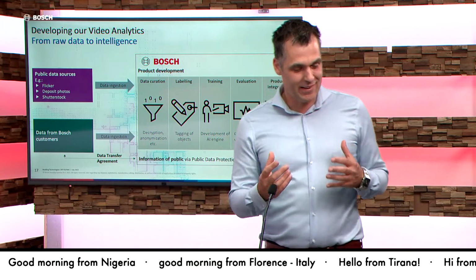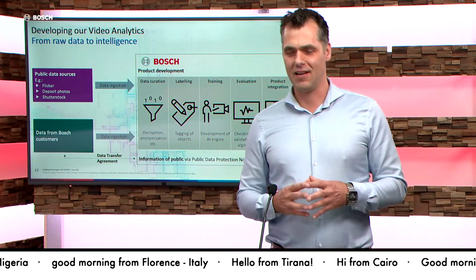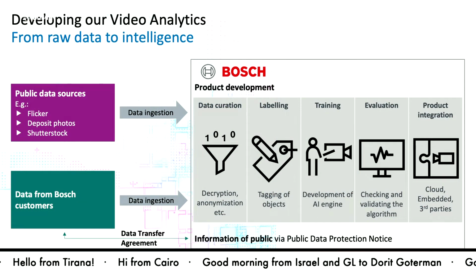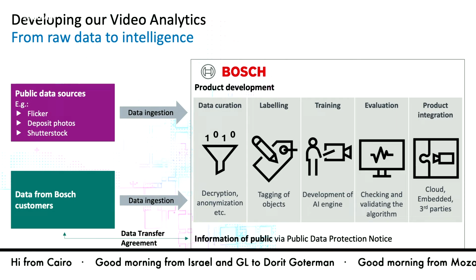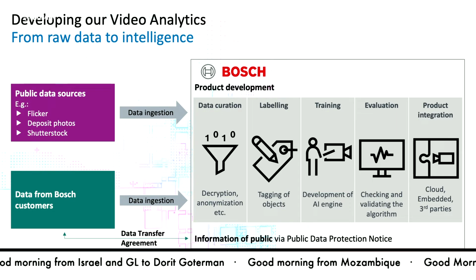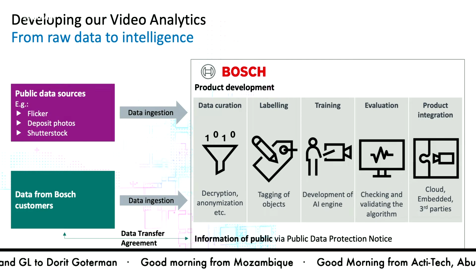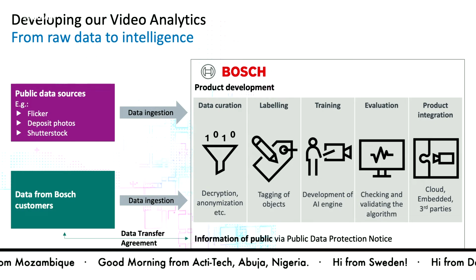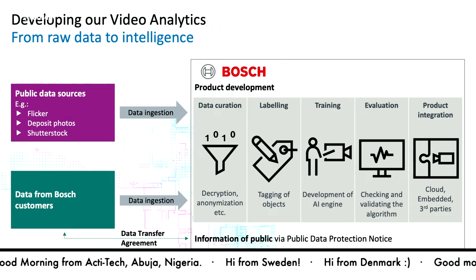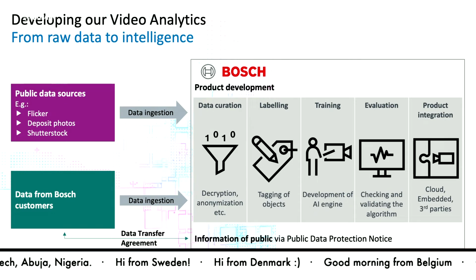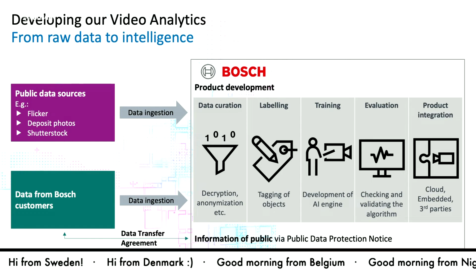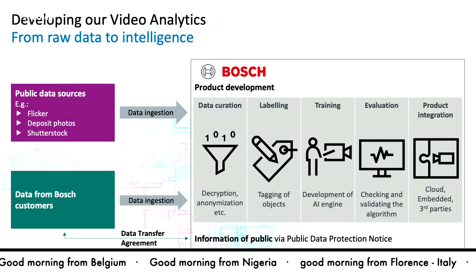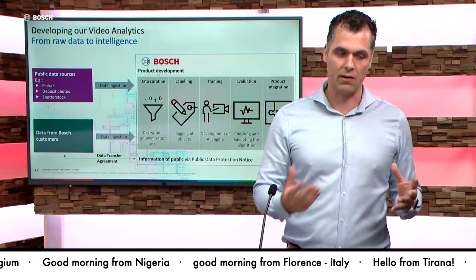No, but going back to that data and that gathering of data and enriching our data sets, we find that so crucially important. But as Bosch, we want to do everything also via the GDPR scheme, right? We want to train our neural networks and pull it through our AI engine simply as soon as we have an agreement in place. So the customer needs to agree on, okay, I'm ready to hand over my data, and Bosch, please use your data and train your engine with it. So he needs to sign off that we are ready to do that, and we will use it globally. So we use it also for other customers. We just want to enrich that. But we need to have the consent to use the data.